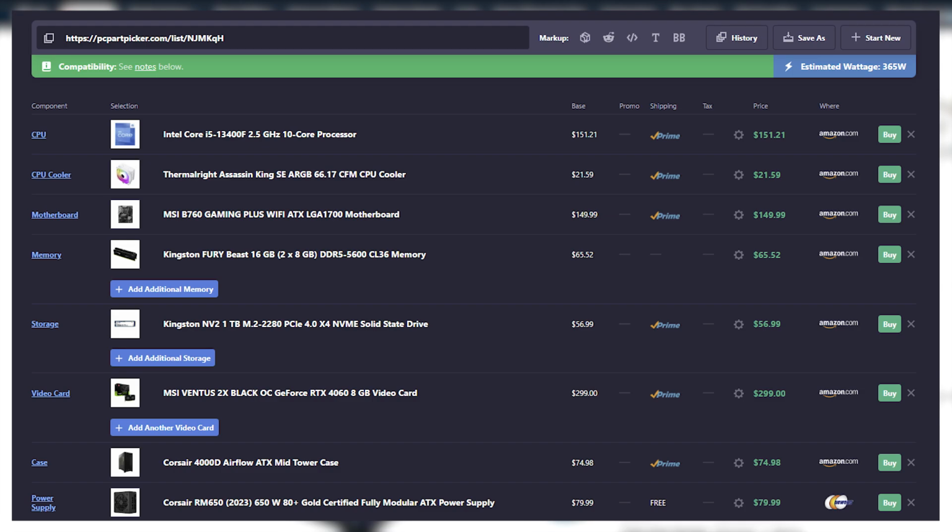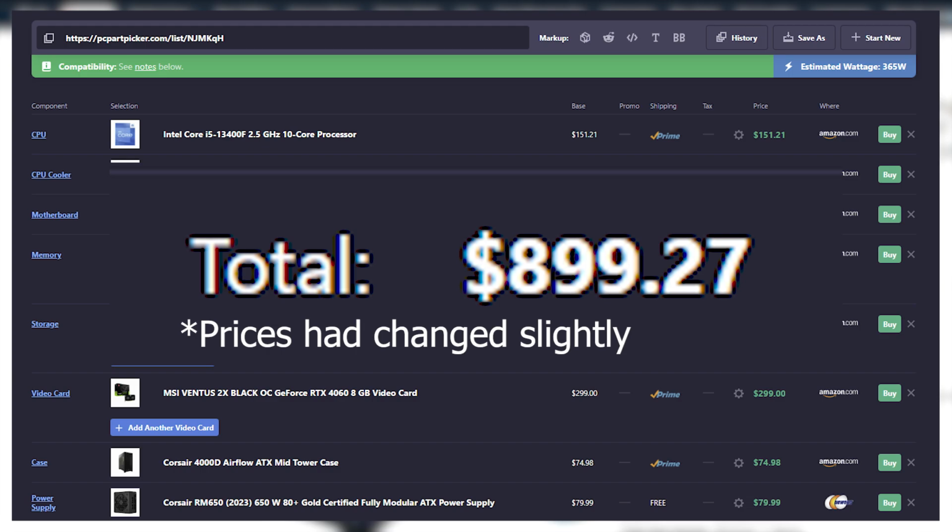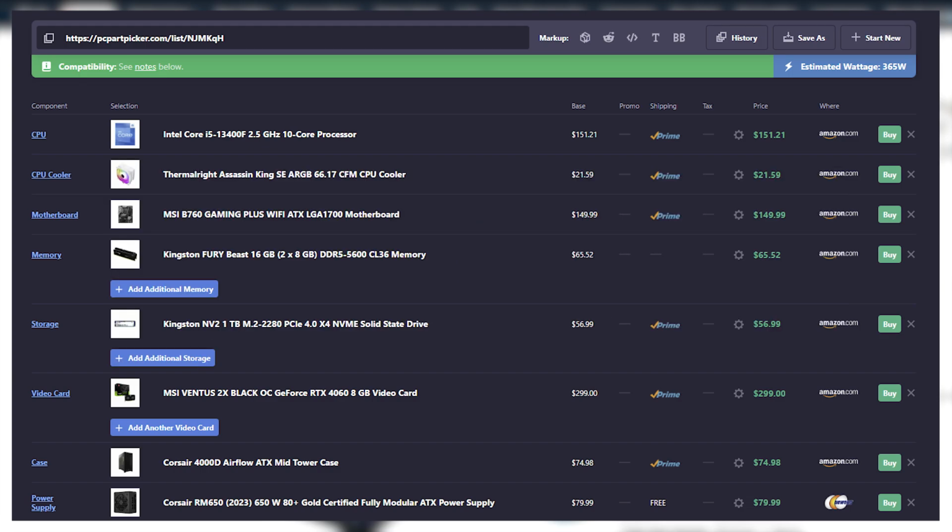So this build total on PC Part Picker comes to about $907 at the current prices with these parts you're seeing on the screen now. You could definitely get this down by changing a few of these to like $850 or something probably. If you got a couple used parts, you get that down even lower, probably into the 700s for a build like this. But I think this demonstrates that this build on Amazon is pretty good value at $900